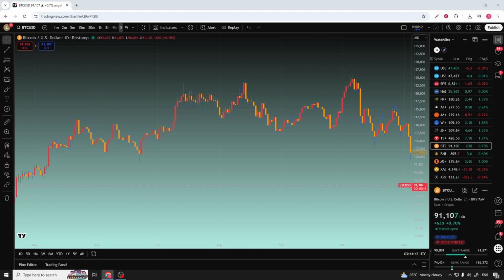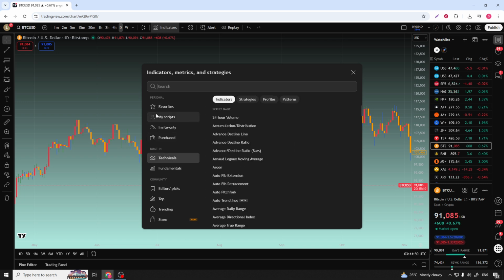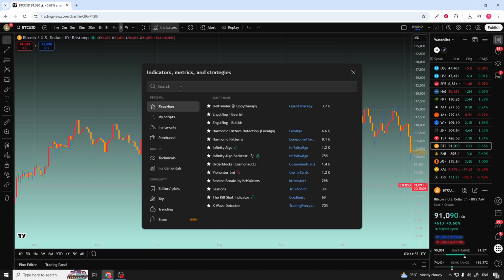Once you're on your chart, the first thing we're going to do is open up the indicators menu. Look towards the top of your TradingView interface. You should see a button labeled Indicators near the toolbar above the chart area. Go ahead and click on that. This is where you can access all of TradingView's built-in indicators, as well as community scripts and any custom tools